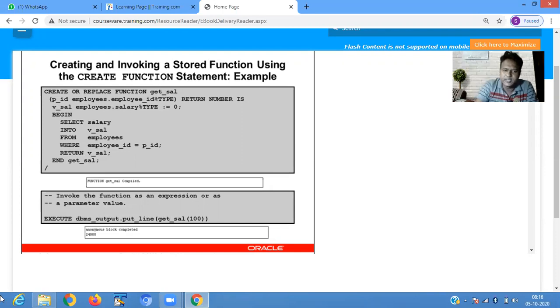Then execute get_salary(100). So we are passing the employee ID as 100. The 100 value is stored in this parameter. Now it retrieves a value: select salary into v_salary. So it retrieves the salary and stores it in v_salary where employee ID equals the ID that we are passing.